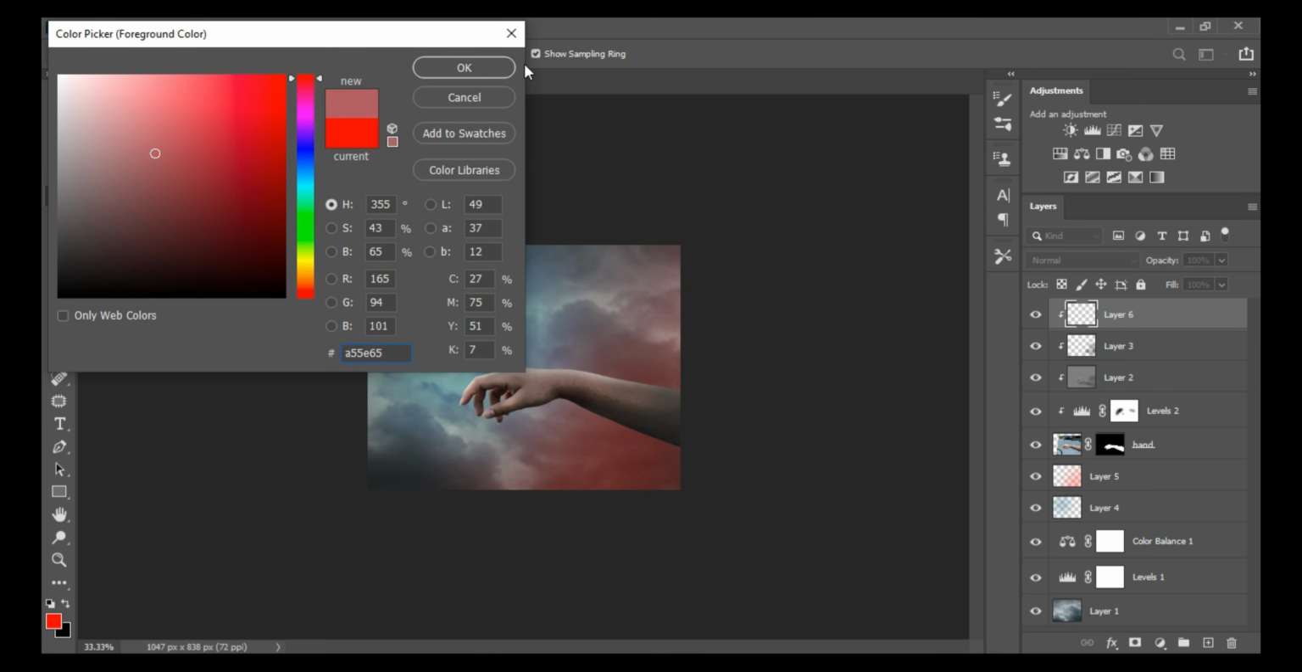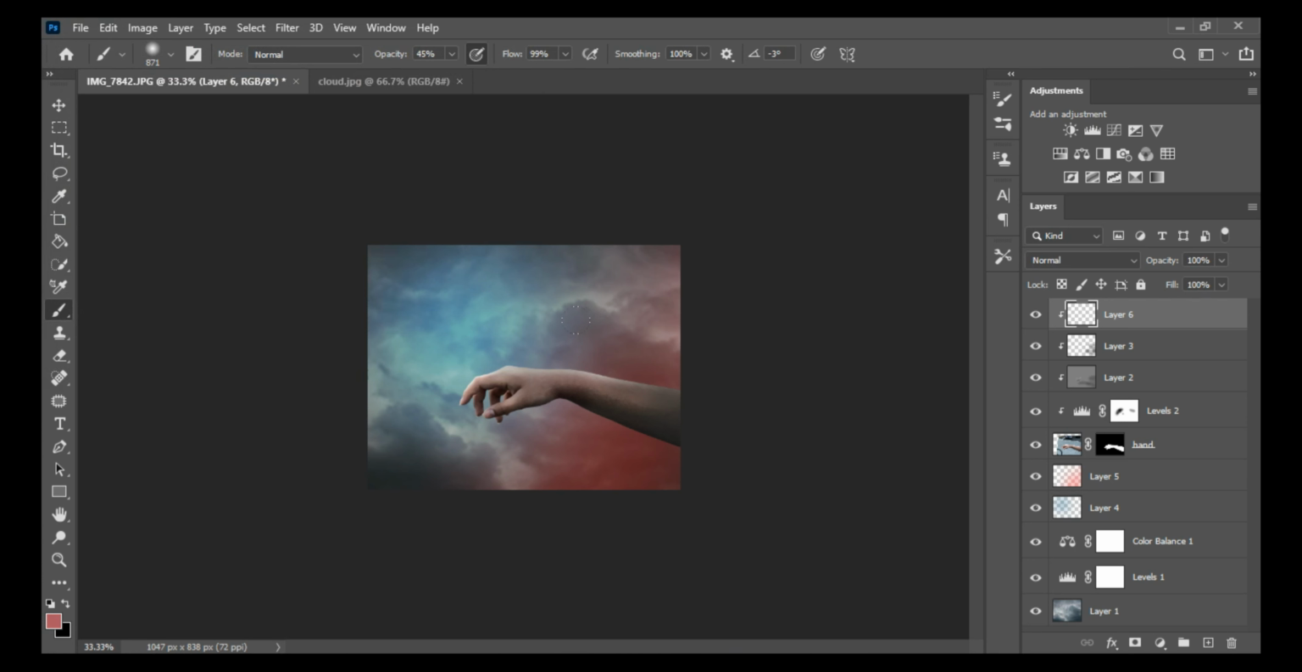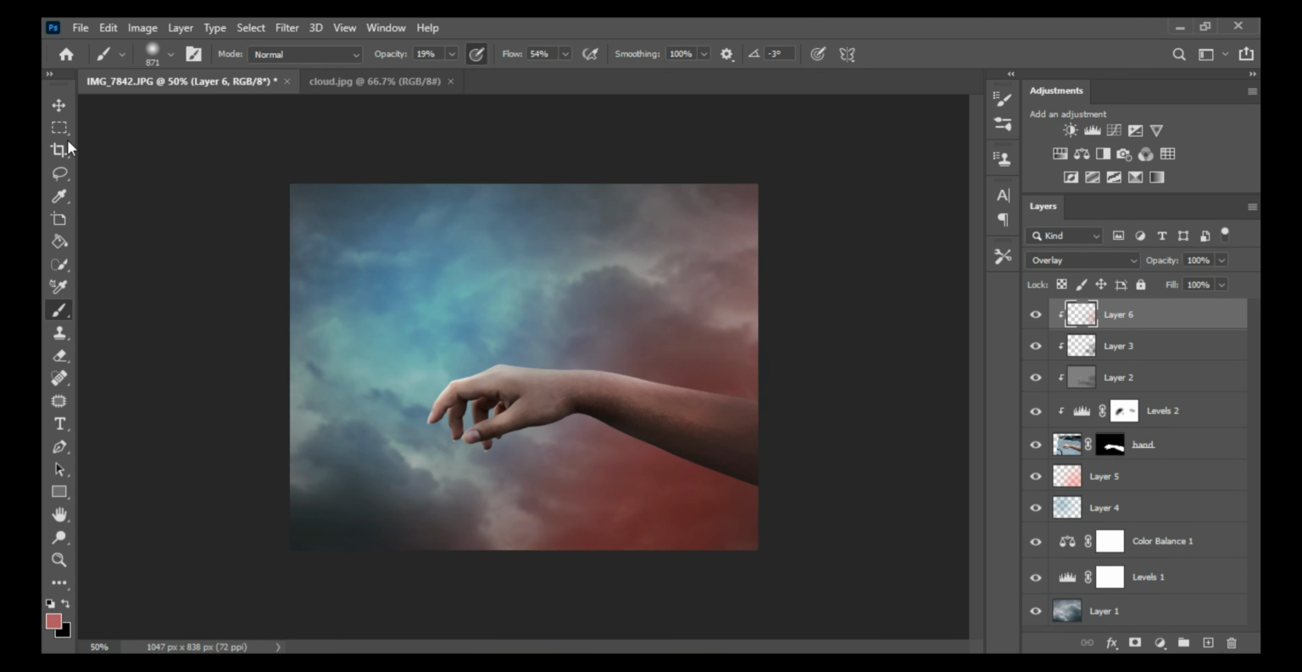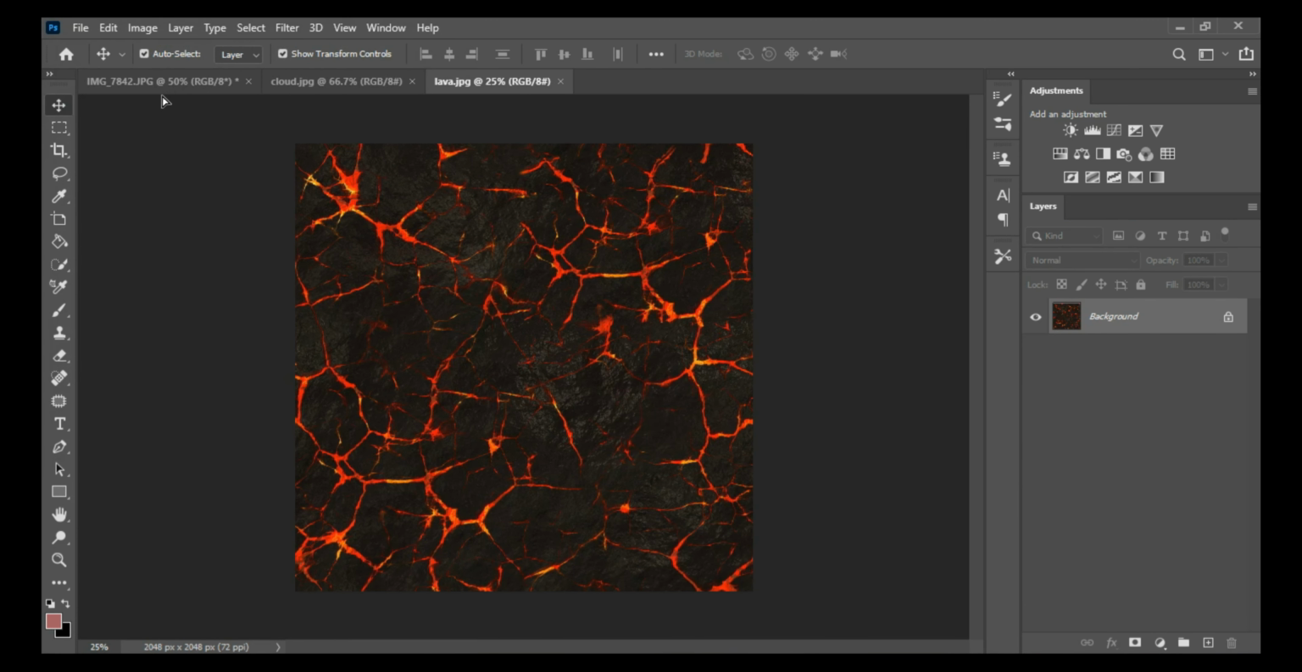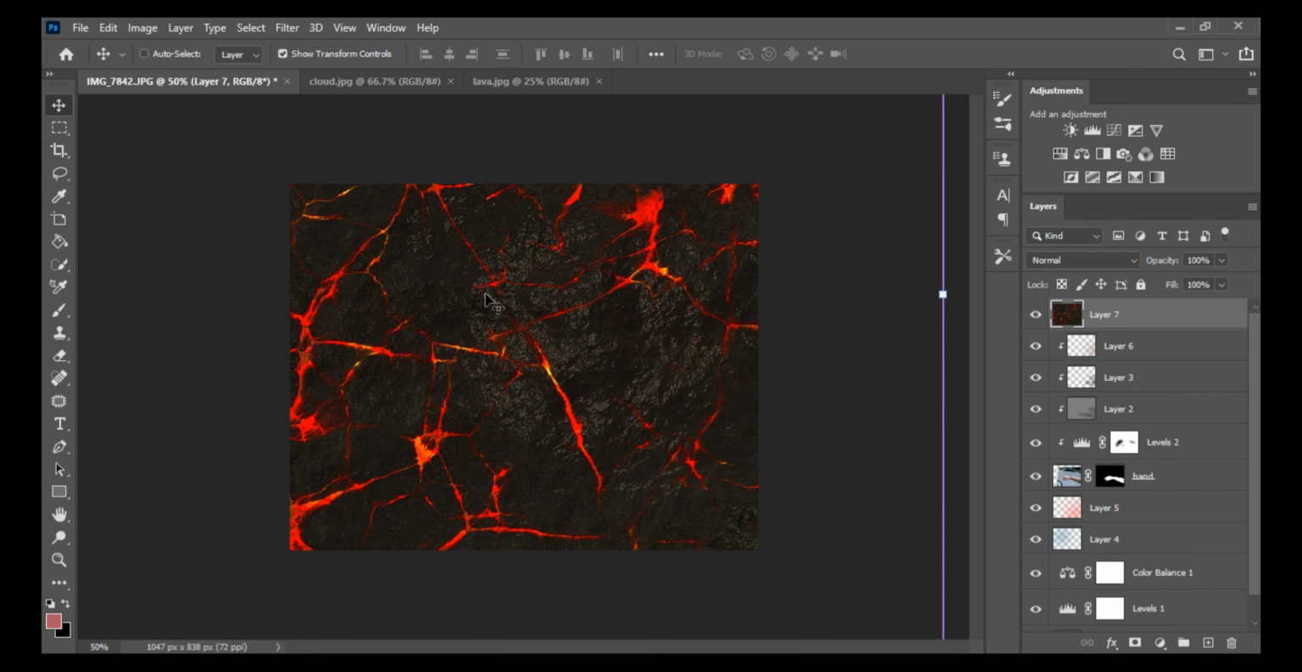Select this color and click on OK. Do it on this and brush it over here and select the blending mode to overlay. You can decrease the opacity. Now drag it on the image, press Ctrl plus T for free transform